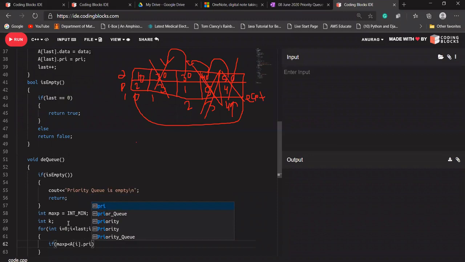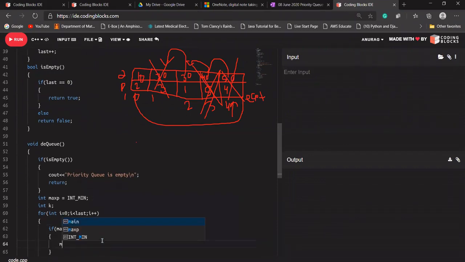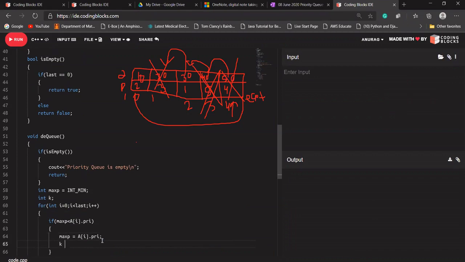What it means is, if at index 0 the priority is greater than the maxp, replace the maxp with a[i].pri, the priority, as well as replace the k with the i, because I should know the index of that maximum priority so that I can replace it.